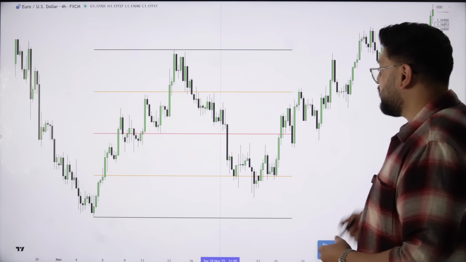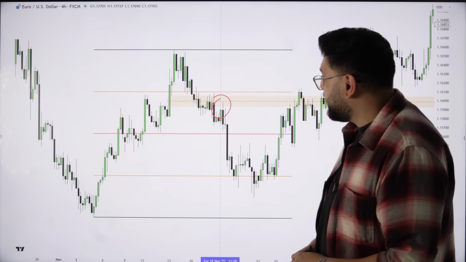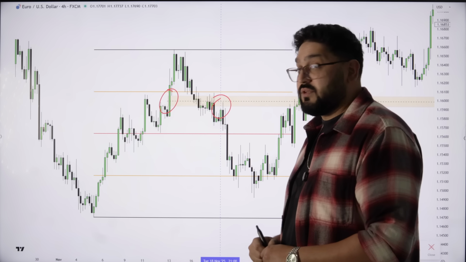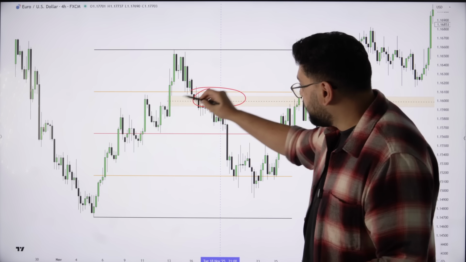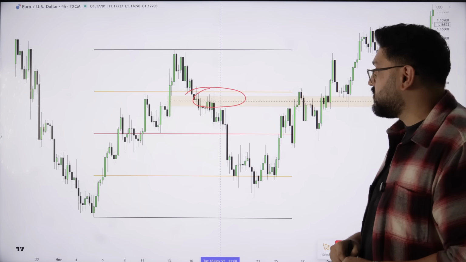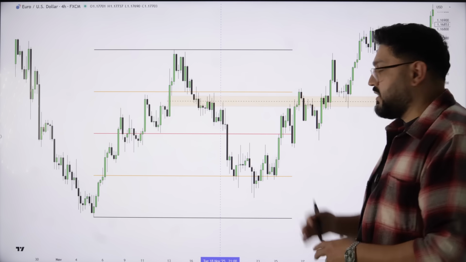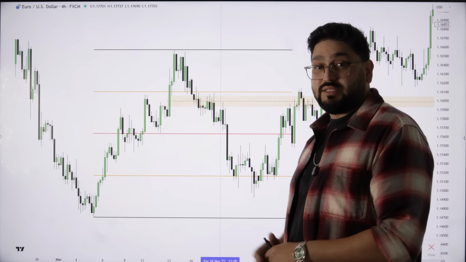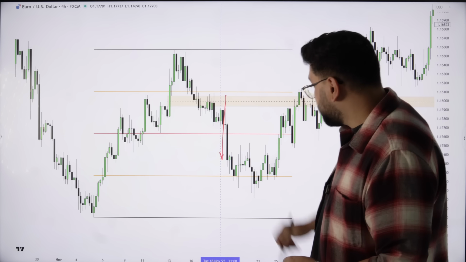The second thing here, what we can clearly see, is that all of this price action here is sat below this inversion fair value gap. And we have seen all the bodies here, look at that, failing to close above the consequent encroachment. Look how many times it's tried to get above it. Again, a strong indication that price here is bearish. And then we see the market displace lower.